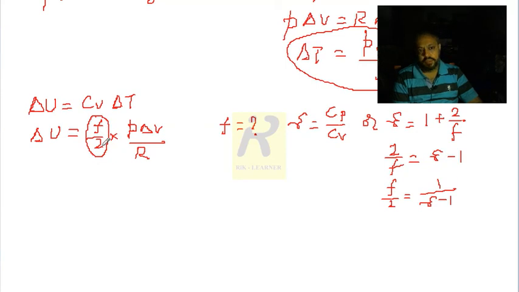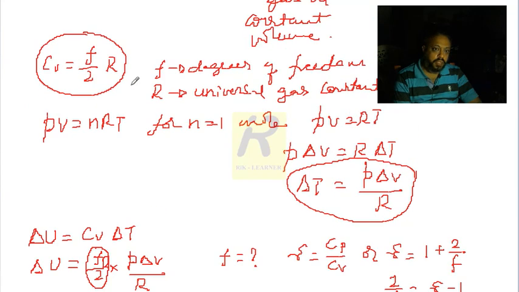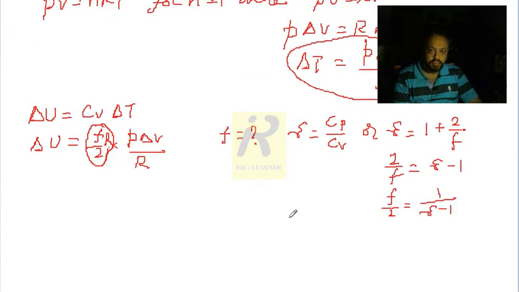So I may put something here which is nothing but F divided by 2, and don't forget this R along with this Cv, because we must know Cv is nothing but F by 2 into R. I have forgotten R here. Let me make some correction just before making the substitutions. So I must write R along with F. Now I should make the substitution for F by 2 alone. F by 2 is 1 divided by gamma minus 1.